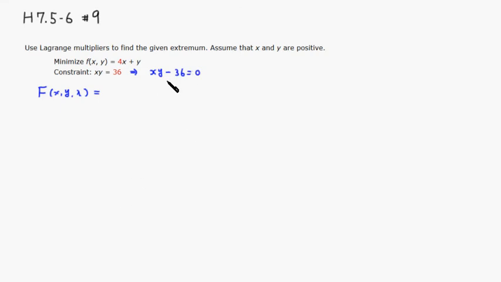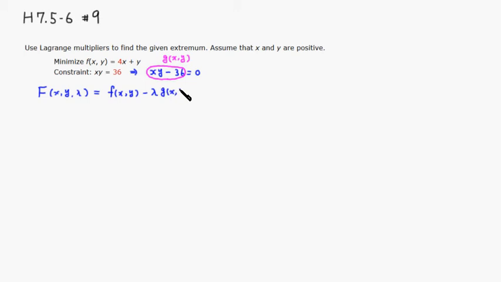This is our g of x, y. Remember that capital F is found by taking the original function that we want to minimize